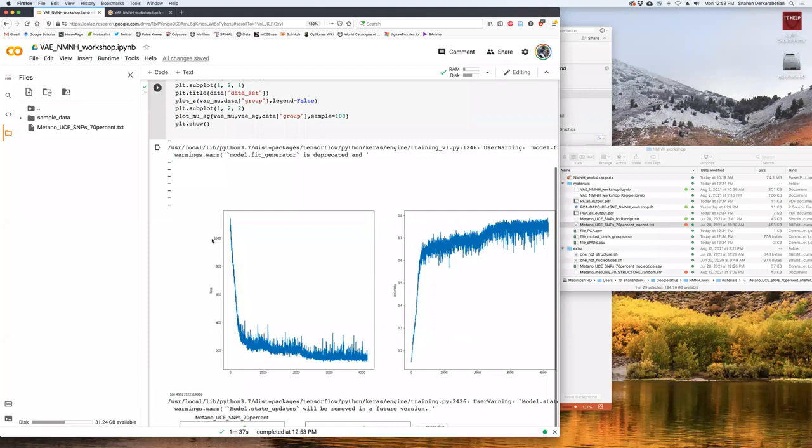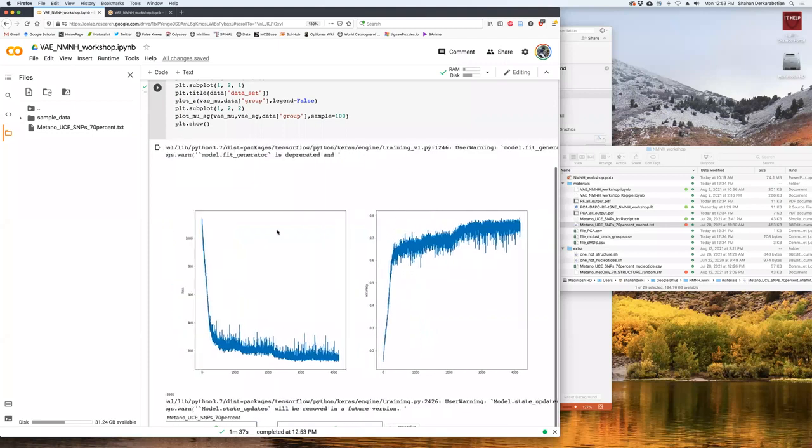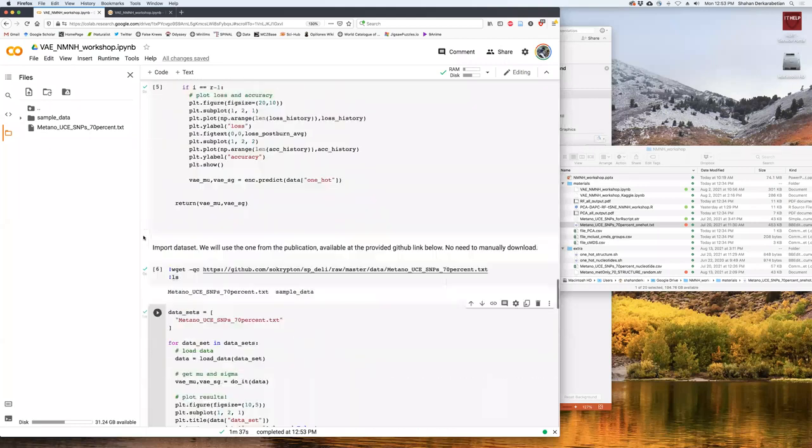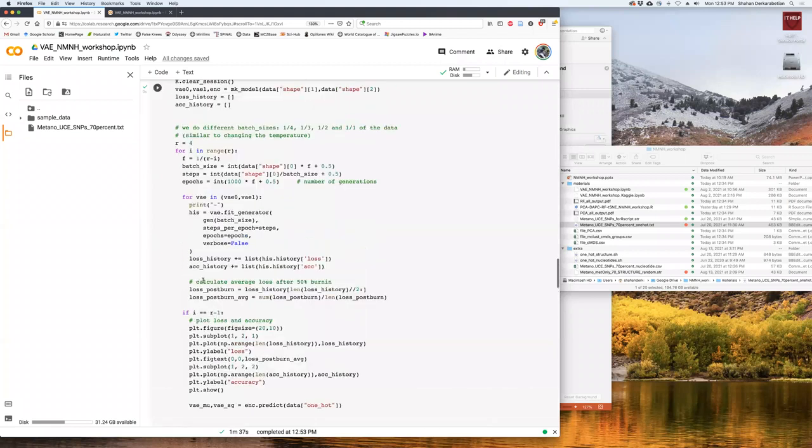Okay, so here's our basic output. Loss curve, accuracy curve. Here, one thing I didn't mention, I'll go back. This is the loss of that particular run. So I mentioned the burn-in and whatnot. That happens here. We have our loss history, accuracy history.